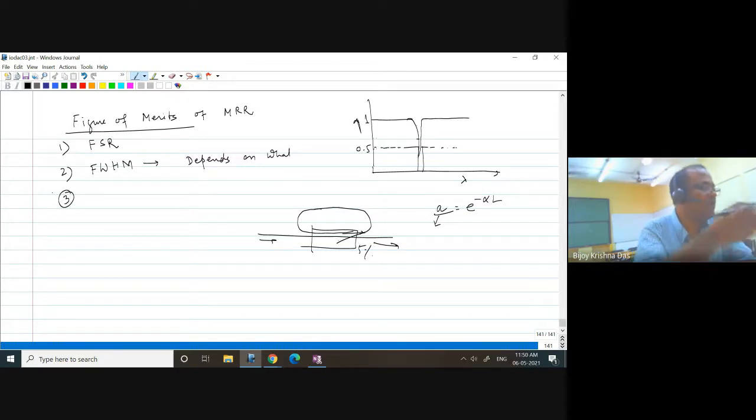like in an electrical circuit, a resonance LCR circuit or RC circuit or whatever, there we also use a Q value. Here also we define another figure of merit, the Q value. Q value means depending on the losses and other parameters, we define a certain parameter. What does Q value mean? Normally when we learn Q value for a resonator in a circuit, for example, what does it signify?